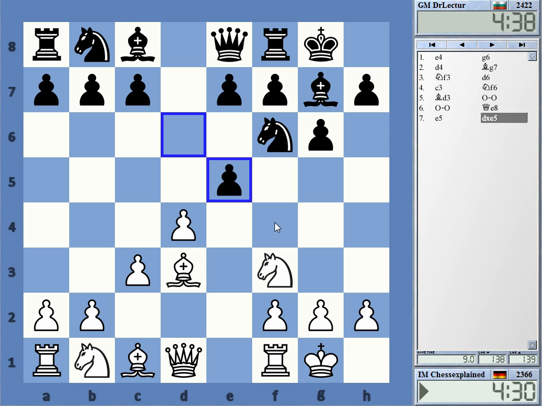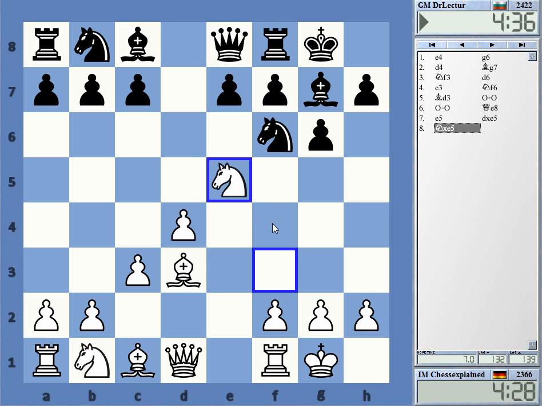Yep, so taking with the pawn there or knight takes. Knight takes is not bad, maybe that's easier. Just developing normally. Yeah, probably knight d7, no? That looks like a decent move. Knight b d7, but